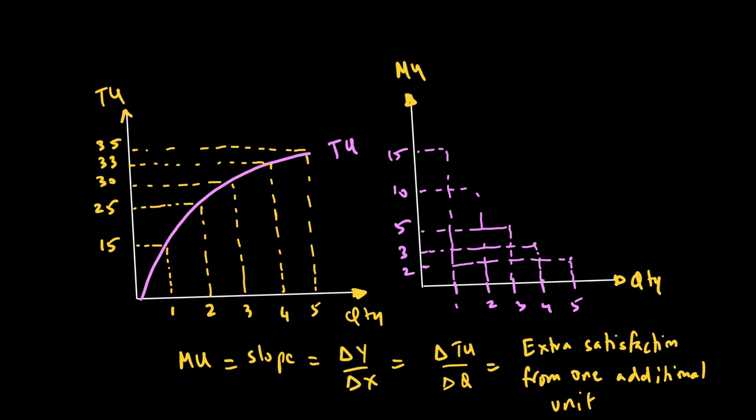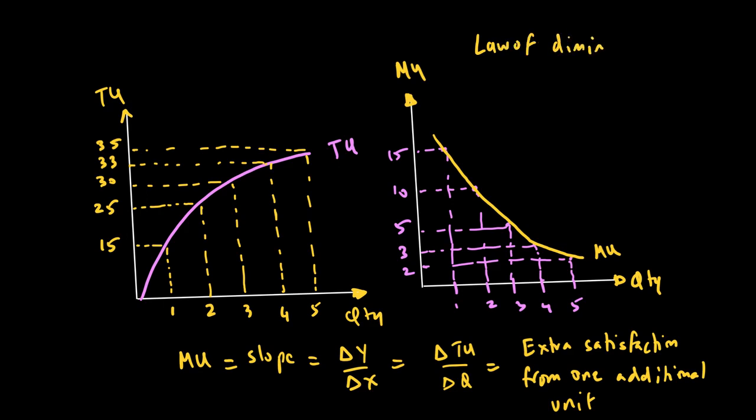So if I join these points together, I get what we call the marginal utility curve. This marginal utility curve is downward sloping, and it means that as we consume more and more of a good, each extra unit will give us lower satisfaction than the earlier one. In other words, each successive cup I consume will have lower satisfaction than the one I consumed previously, and that is what we call the law of